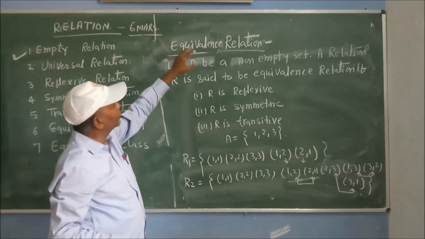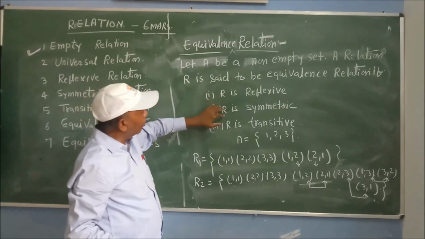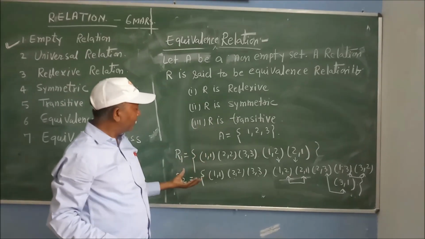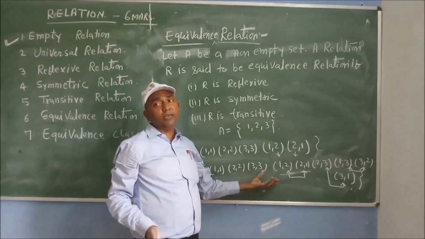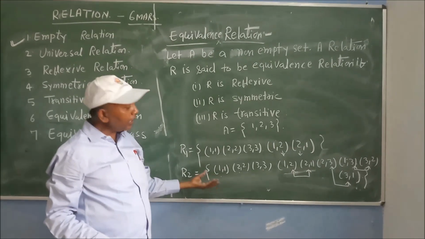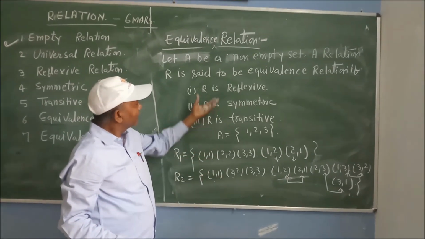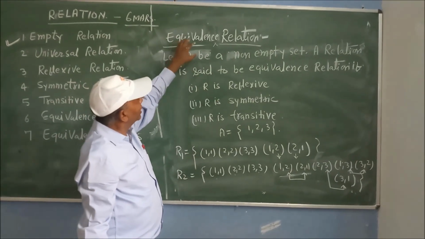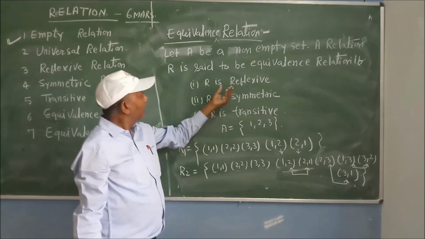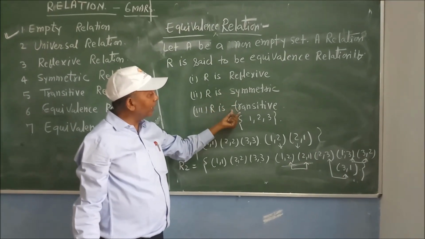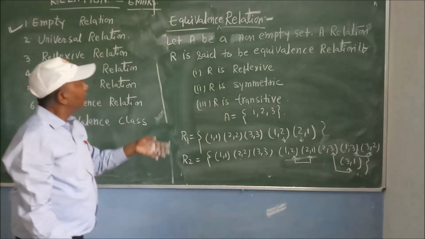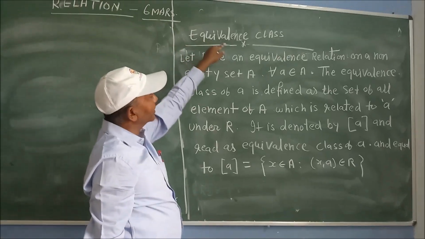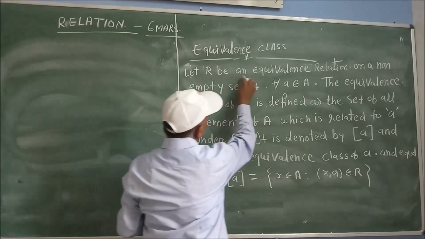For a relation to be an equivalence relation, it must satisfy all the three conditions. किसी भी रिलेशन को इक्विवेलेंस रिलेशन होने के लिए बच्चों आप चेक कीजिए, अगर इसमें से एक कंडीशन भी ये सेटिस्फाई नहीं करेगा तो ये इक्विवेलेंस रिलेशन नहीं होगा। अगर आप एक कंडीशन भी ऐसा ढूंढ लेते हैं कि ये इनमें से किसी एक को सेटिस्फाई नहीं करेगा तो ये इक्विवेलेंस रिलेशन नहीं होगा। तो किसी भी सेट को इक्विवेलेंस रिलेशन होने के लिए जरूरी है कि वो रिफ्लेक्सिव, सिमेट्रिक और ट्रांजिटिव इसके सारे प्रॉपर्टी को वो फॉलो करे, तो वो रिलेशन जो होगा वो इक्विवेलेंस रिलेशन होगा।